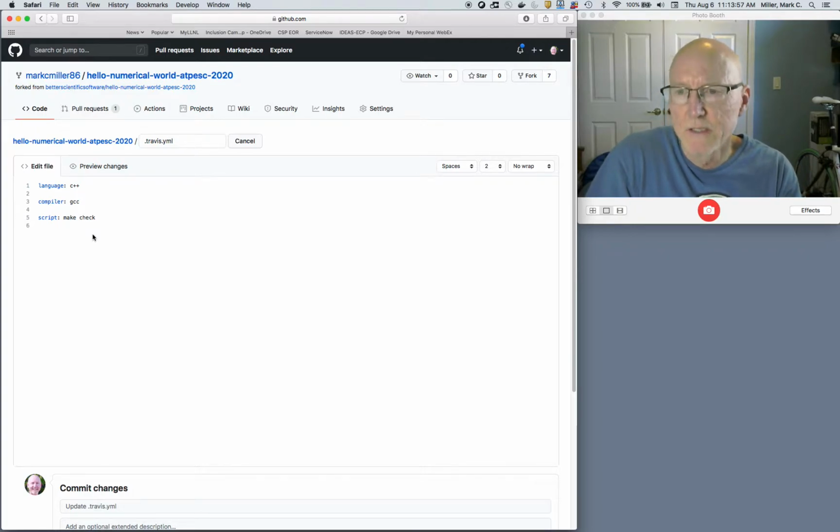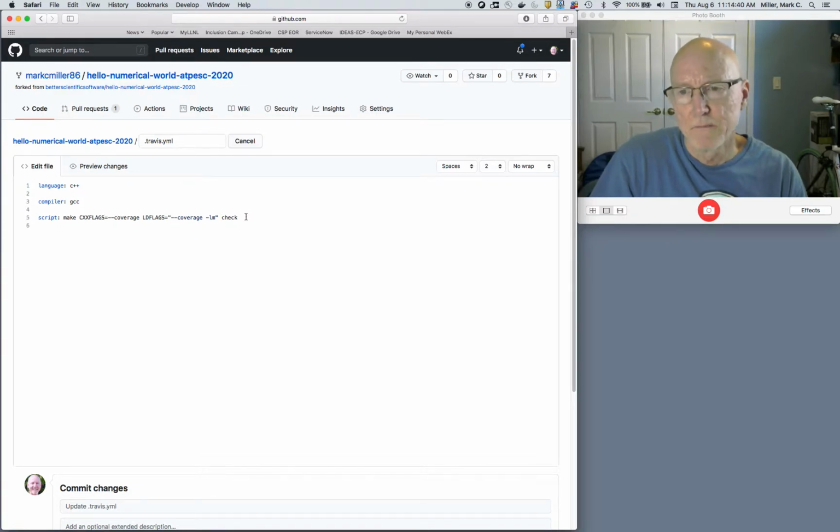The first thing I need to do is, when I make the software, I need to force it to produce .gcov files when it executes. The way to do that is to adjust the C flags that it's compiled with by adding minus coverage. I also have to do the similar thing with LD flags, and I have to add the math library there. I think that's required in order to make this work. And because those two arguments are required for LD flags, I have to bracket them in double quotes. So that will then force the build that gets used during this testing to be a build that produces coverage